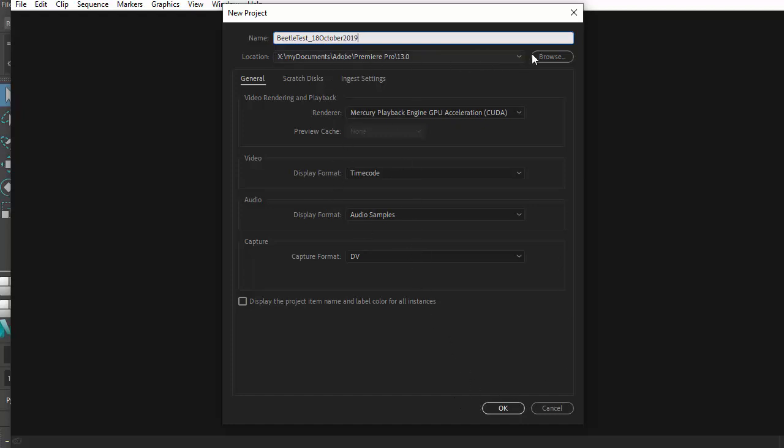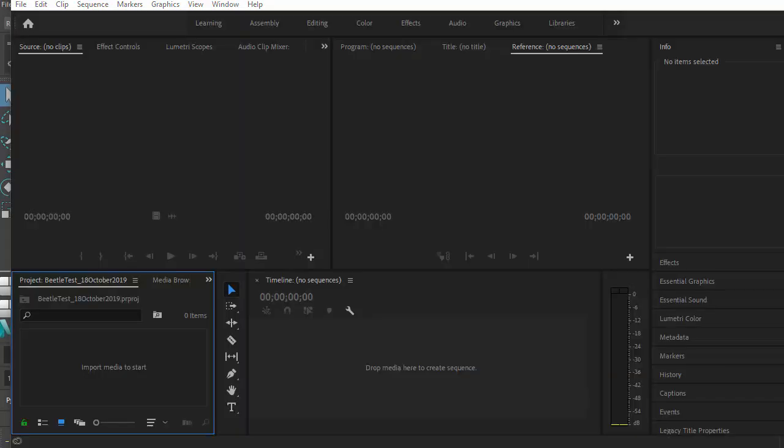Browse, make sure you know where it's all going to go. So it's going to go into Documents, Adobe Premiere Pro 13.0. That's fine. And then click on that, and that should open up the project. So we'll just have to wait a little bit. And there's our project folder. So now we want to get our